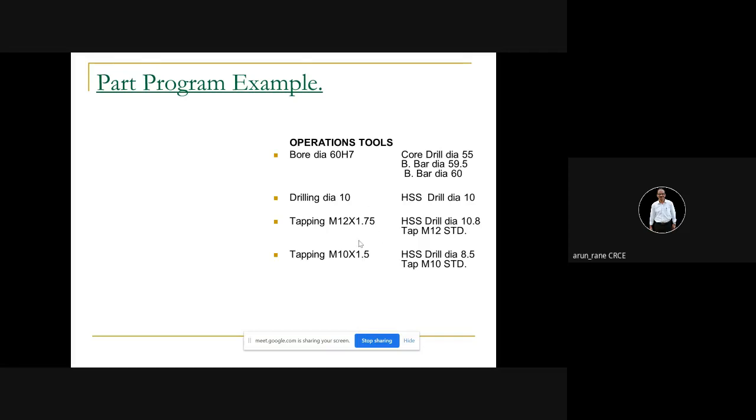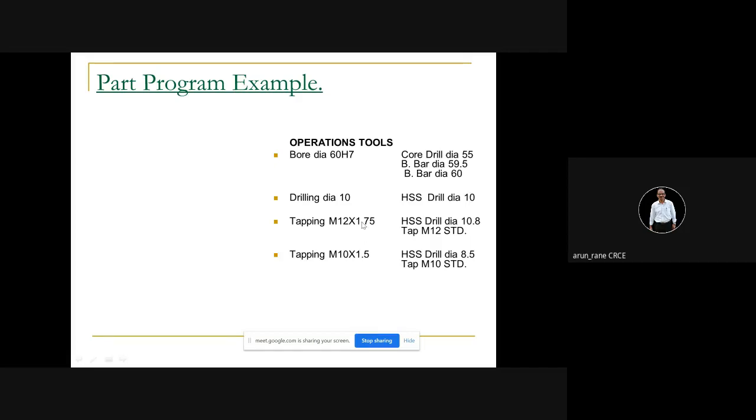So you have two tapped holes, M12 by 1.75. M stands for metric, 12 is the major diameter, 1.75 is the pitch in millimeters, and from this you can find out the drill diameter. The thumb rule is you just subtract the pitch from the major diameter. So 12 minus 1.75 gives you the drill size, which is 10.25.